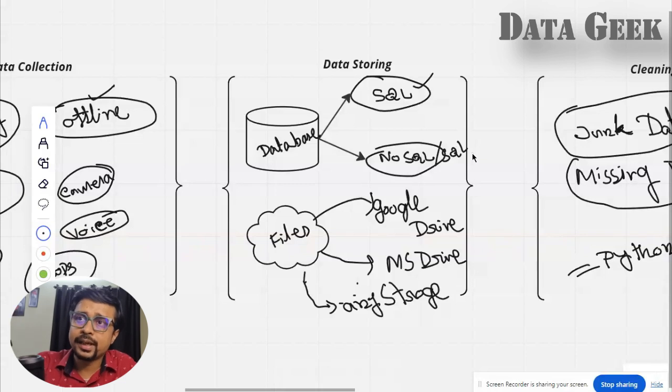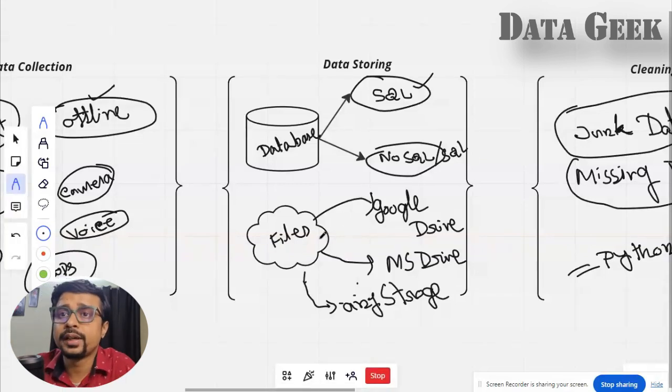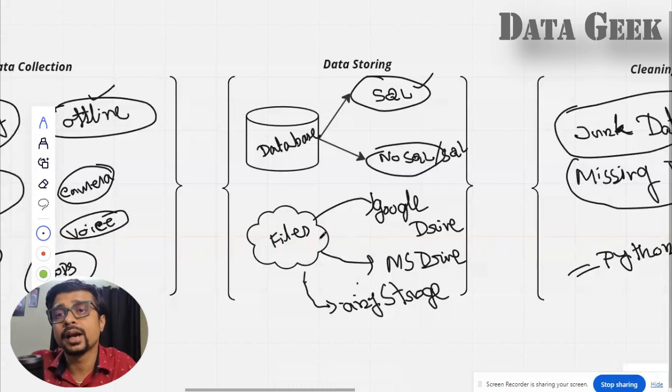Okay. So now the text data and all those things are saved in the database, and there is also unstructured data. I told you there are files. So you need to save the files also. We currently save the files in cloud storage. This cloud storage can be your Google Drive. All of you are familiar with Google Drive. You are saving your images, your personal data, your personal files into Google Drive. Microsoft also has SharePoint. There are many other cloud storage options available in the market that help you store the unstructured data. And what is unstructured data? Any kind of file. It can be an image, a document, a PDF, anything.